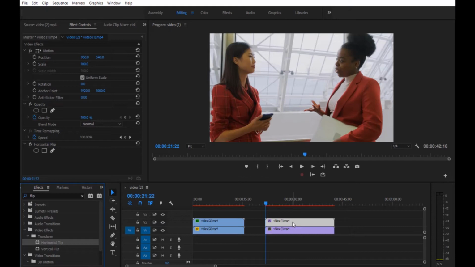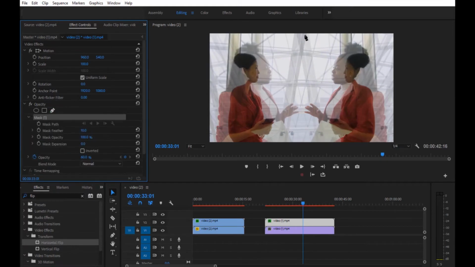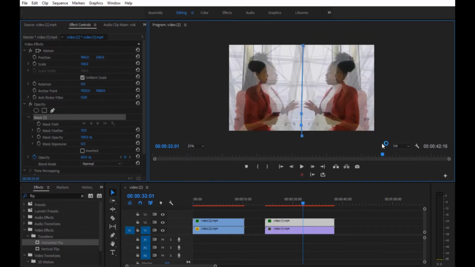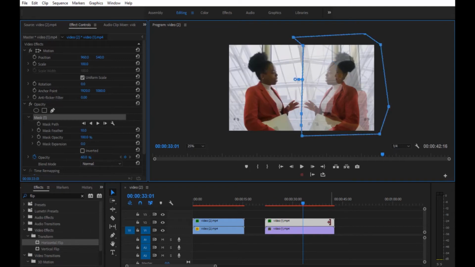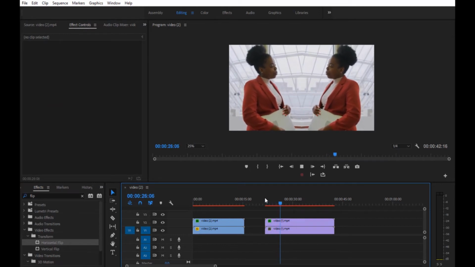Select the duplicate clip. Lower the opacity so you can see both clips. Select the Free Draw Bezier tool and draw a mask on the clip. Zoom out to draw a rough mask outside. If there is any wrong point marked, press Ctrl+Z to undo. We are almost done drawing the mask. Change the opacity back to 100%. Here is the final video preview.